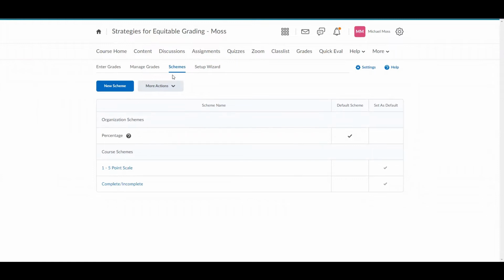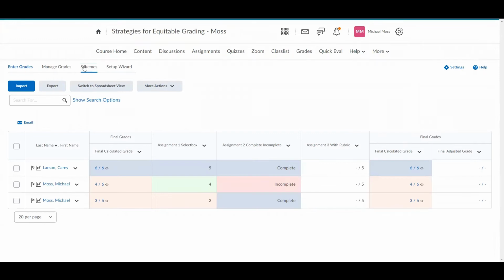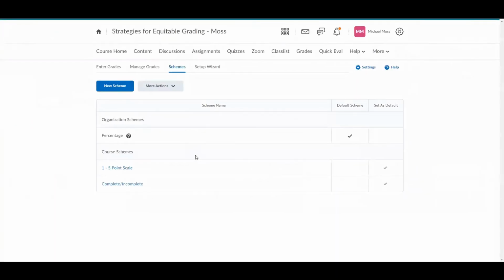In the grades area, you want to click on grade schemes. Now, this is all in reflection of preparation I've already done in advance of this workshop. By default, you will only have this percentage grade scheme on this page. So you'll have to add these manually, and you might have to get assistance from us if you want to implement these and run into any kind of trouble. So I'm going to create a new scheme